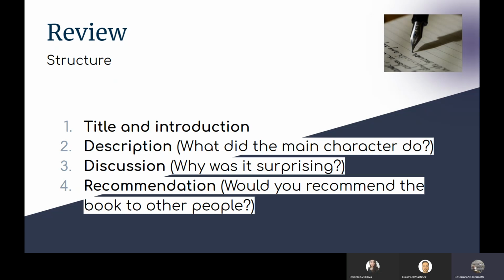You have to say if you recommend the book, the novel, whatever, or if you don't, and the reasons, of course. So this is generally the structure. Title, introduction, description, discussion, and recommendation. Okay? So, introduction, objective point, subjective point, and recommendation. Here we have